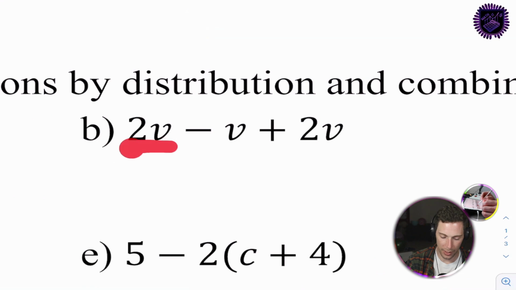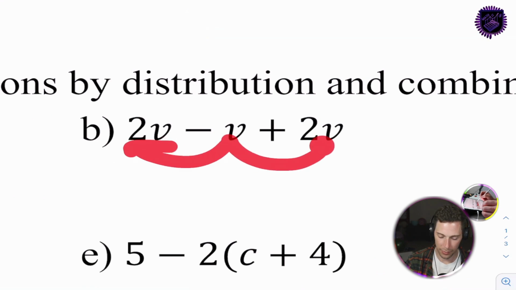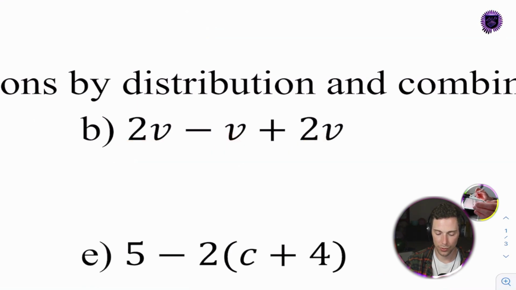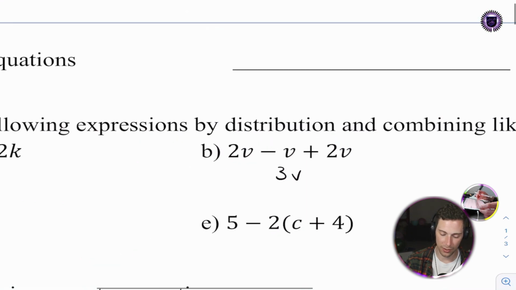So we have 2v minus 1v plus 2v. So 2v minus v is 1v, plus 2v is 3v. Right, these are skills you're going to need to use later on when you're combining like terms to